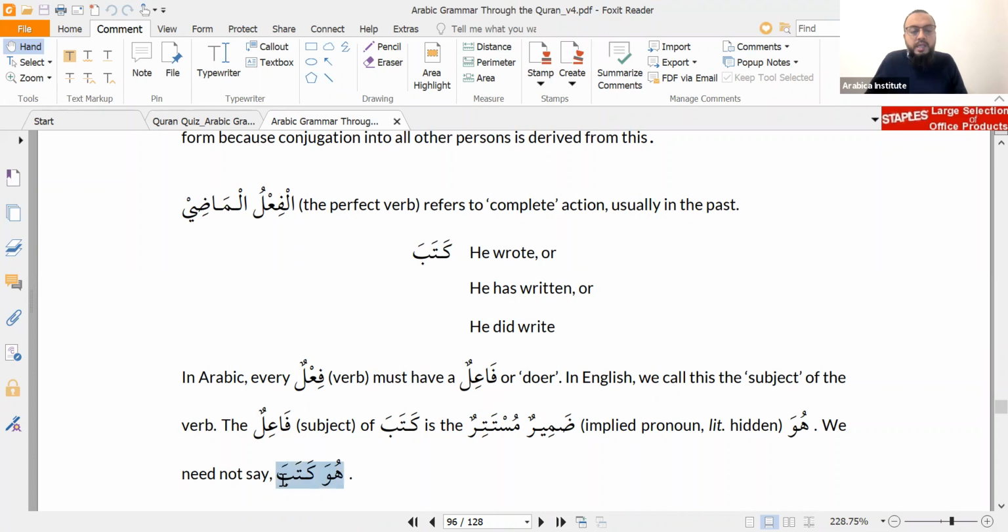Now, if you say huwa kataba, grammatically, is this a verb sentence or a noun sentence? Who's going to tell me based on what I just said to you? Noun sentence. A noun sentence. But if you put the huwa afterwards, if you say kataba huwa, then is that a verb sentence or a noun sentence? A verb sentence. A verb sentence, exactly. It's very simple. You put the huwa at the beginning, you've got huwa as your mubtada, and kataba is a verb in the place of your khabar. You've still got a mubtada and a khabar.